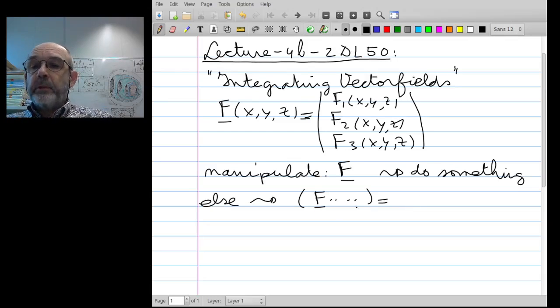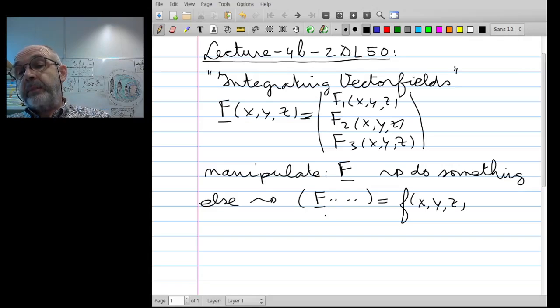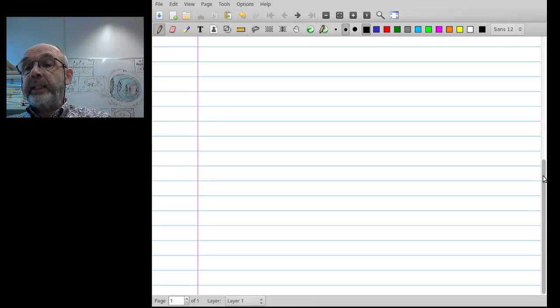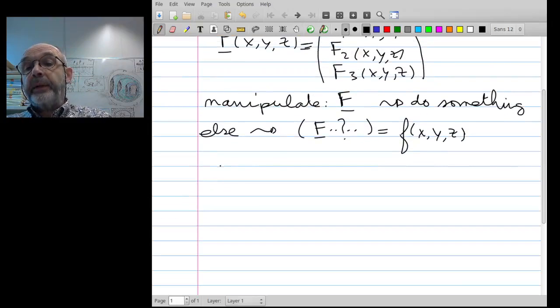For instance, you can take an inner product, or you can add the derivatives of those three components together, or some other strange thing. But the result will be that you have some function of three coordinates,